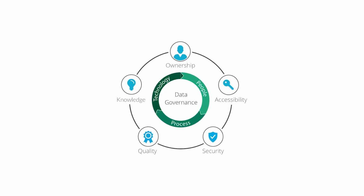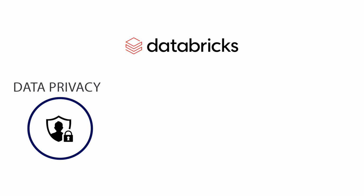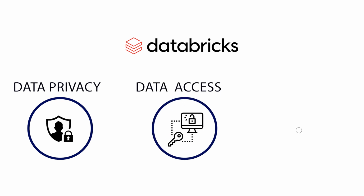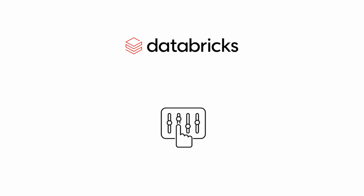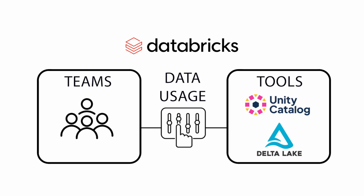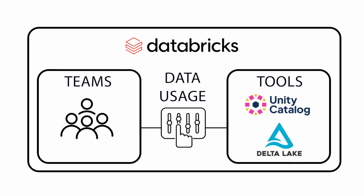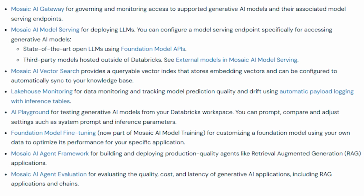Speaking of governance, there's something for security and governance teams as well. You can manage data privacy, data access and data lineage from one place. And you can maintain full control over data usage, both across teams and across tools, all within the Databricks environment. And specifically because of Unity Catalog and the integration of more and more AI models into the Databricks platform, now